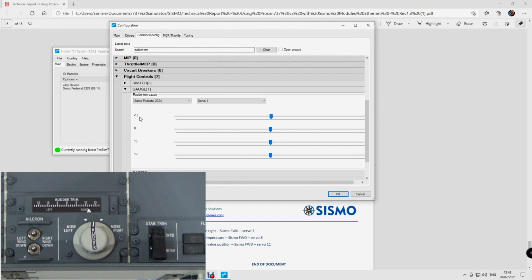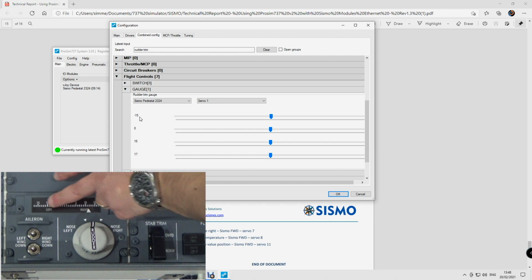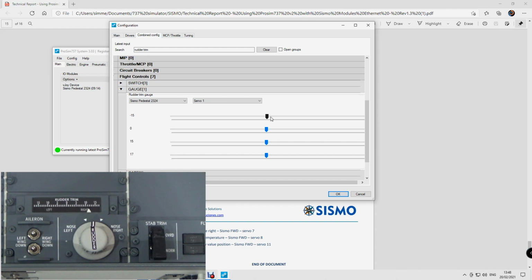Negative 15, let's have a look. What you want to do, so we have negative 15, I suppose, is the left, then 0, and the plus 15 will be the right. So we are going to slide over all the way to negative 15, and when this one goes exactly there, we're going to leave the slide. Let's try. Okay, interesting. So negative 15 looks like it goes